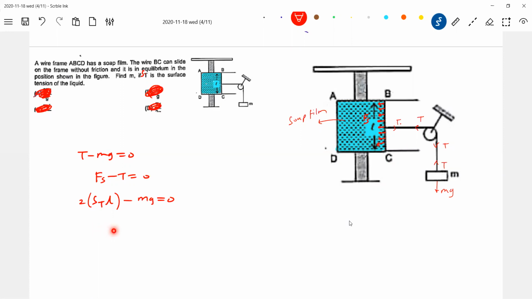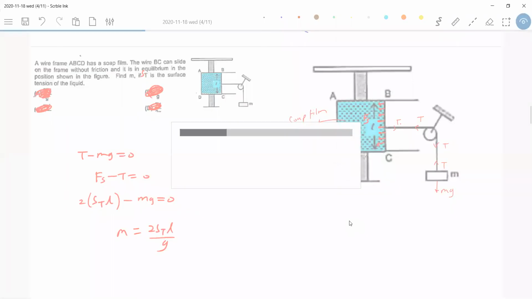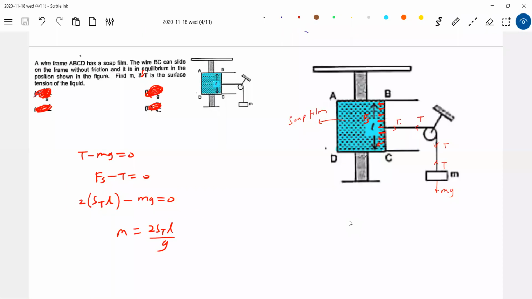Find m is what is asked. So what is m? Sir, how can surface tension balance tension? Yes, it can balance. Even if there is friction, it can balance. It will balance spring force. So what we are trying to do is generalize it. Surface tension force can act along with any other forces. That was the method I was introducing from the beginning. Whenever a new force comes into the picture, we try to bring in all the other forces along with it and see how it behaves.